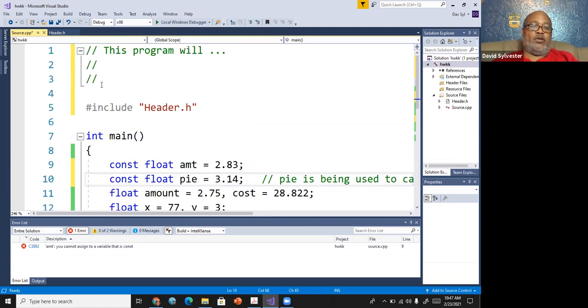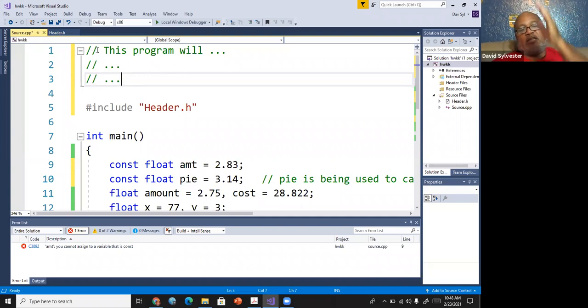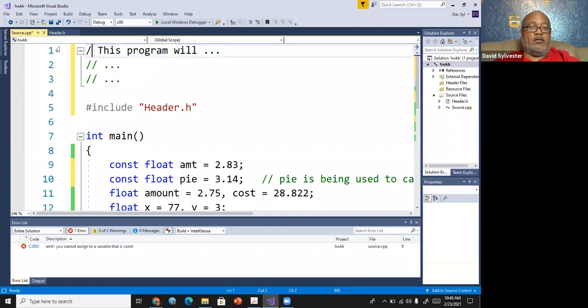Now, another way of using comments. If you notice here, I've got // on each line, and I could have had some more data here, and it continues. Rather than putting a // in front of each line, and I could have had 100 lines, I can actually do a block of comments. I could use /* and */.